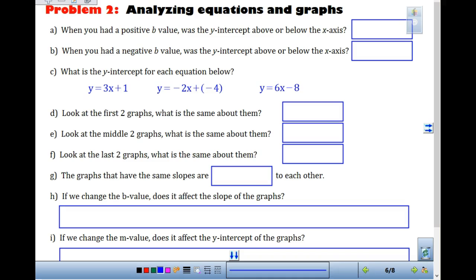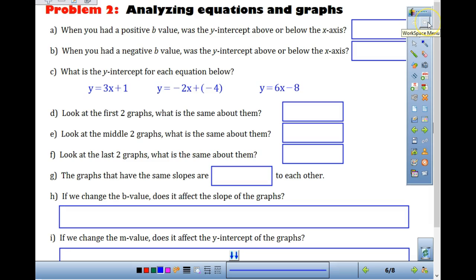And you kind of need to keep going back and forth to these pages as we are looking at this. And it says, well, when you add a positive value to b, was the y-intercept above or below the y-axis? So when we added 3, when we added 4, was it above or below our y-axis? It should have been